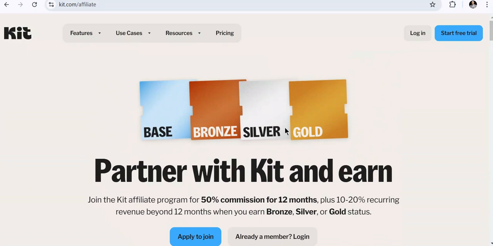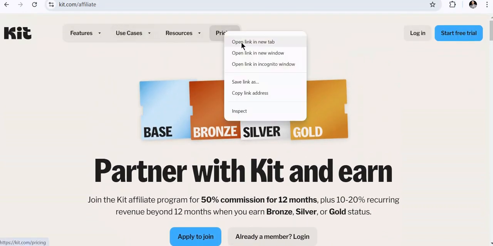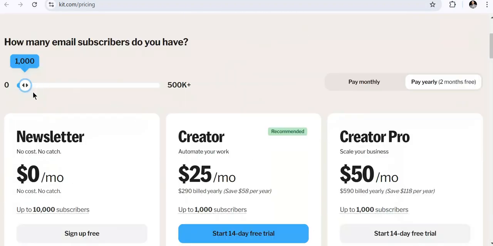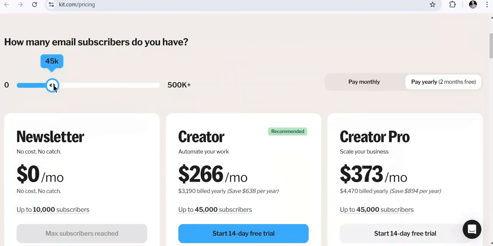So now let's try to calculate and see how much money you can be able to make. I'm having this one, and also we are having this pricing, and so let me try to open this pricing plan. If we are having, for instance, we referred someone who is having this customer,